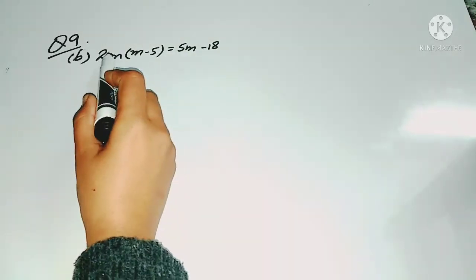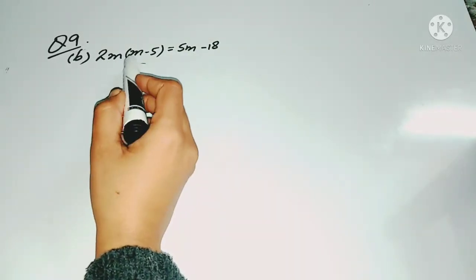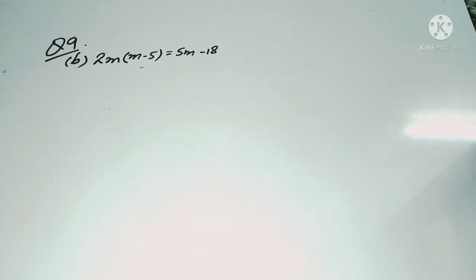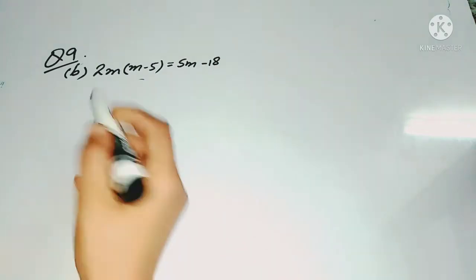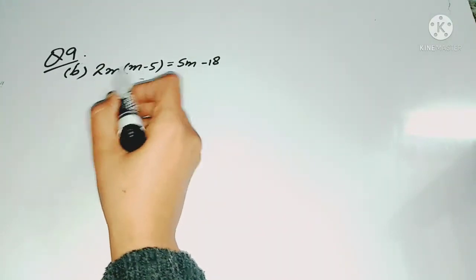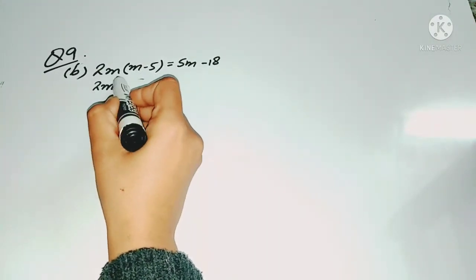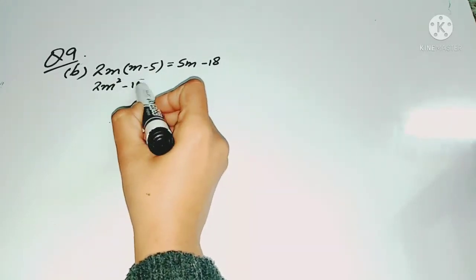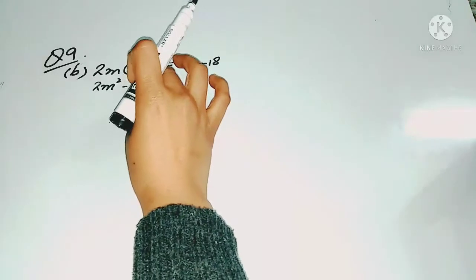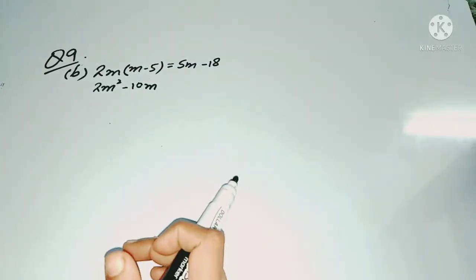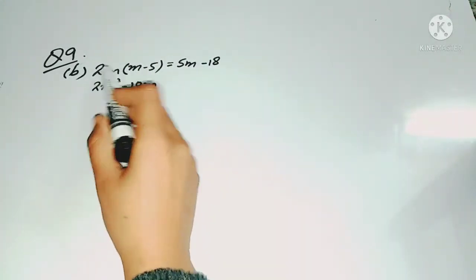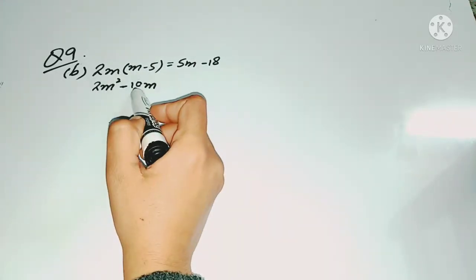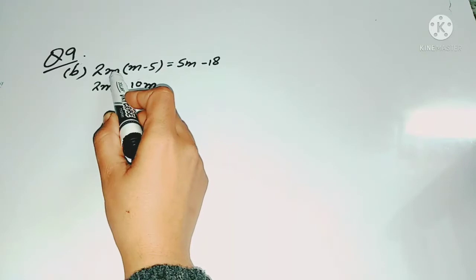As you can see, 2m is multiplying with this bracket. So the very first step is to multiply it with the bracket. So 2m times m is 2m square. And when you multiply 2m with 5, 5 2's are 10, minus 10m. You will get minus 10m, okay? So just remember that whenever you do the multiplication, you have to multiply the sign. So plus minus is minus. Then you have to multiply the numbers. 2 5's are 10. And then you have to multiply the variable. So the variable is m.